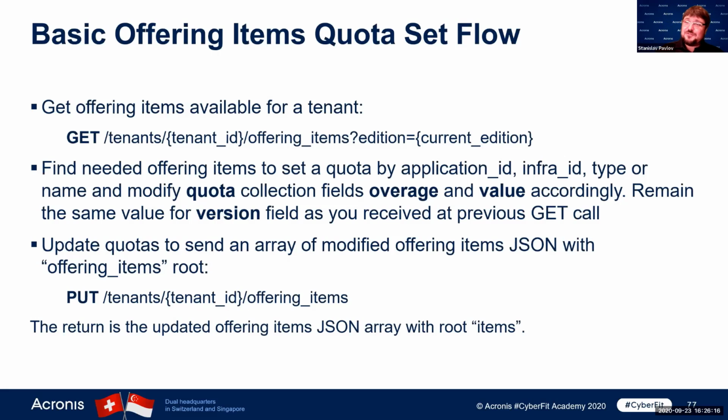Then you find, using name or other filtering techniques, all the offering items you need to set quota for. And then you just set this quota, and only the offering items for which you want to set quota, you put into the same endpoint, like tenant ID offering items. That's all. The same as update, but I just specifically split it differently,